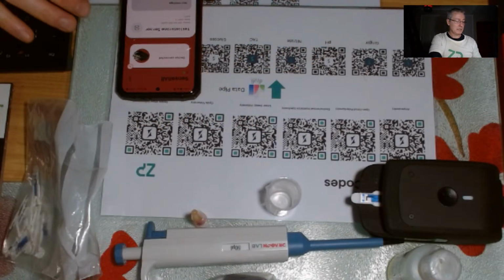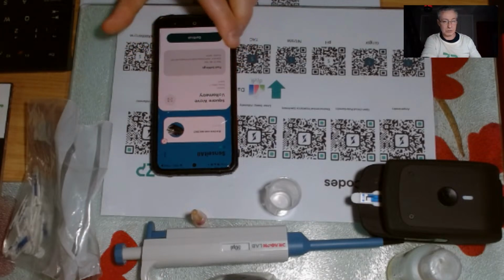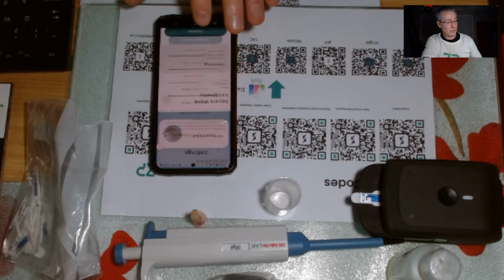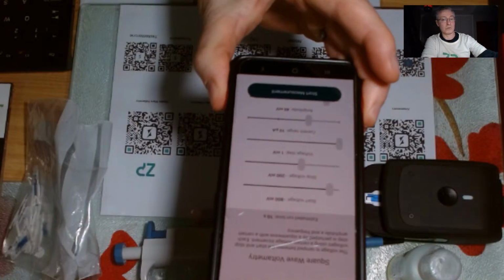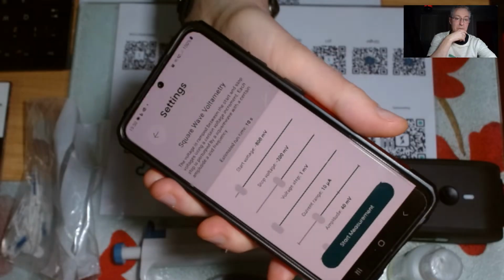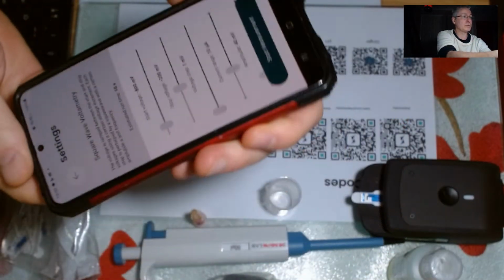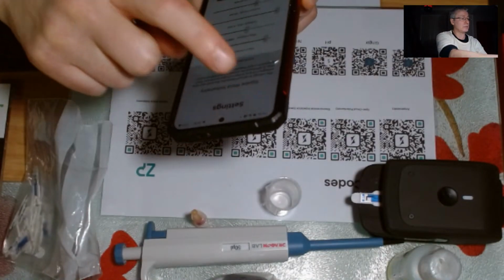wave voltammetry. In fact, I was having a conversation the other day, and somebody says, well, how can you do square wave voltammetry if you're using QR codes? Well, once I go continue, then all of the settings pop up. So it acts like a standard potentiostat. I think the simplest one to understand, if I just do it really quick, is